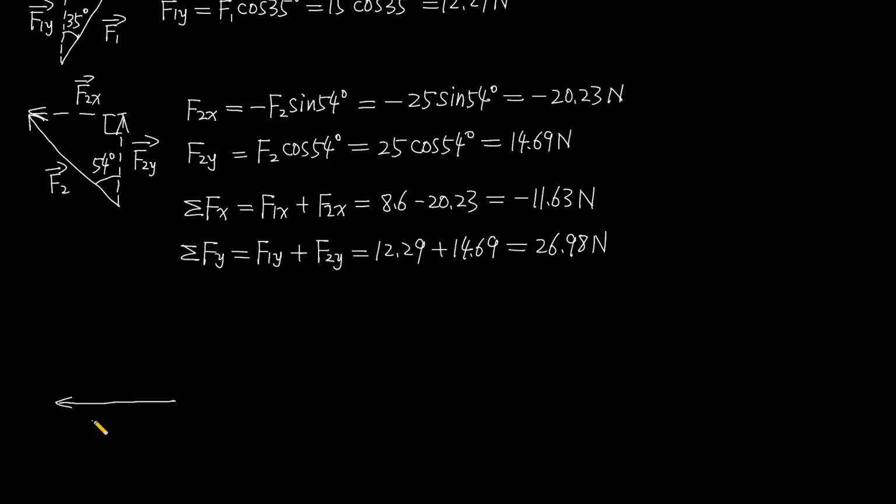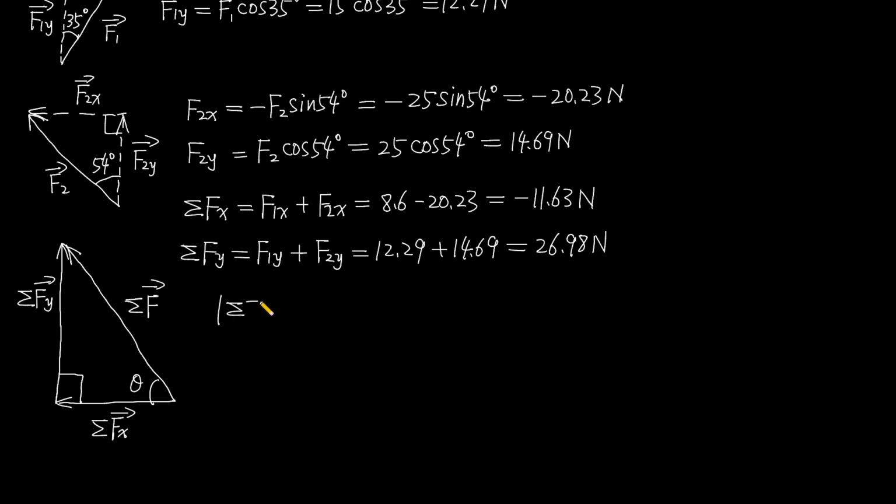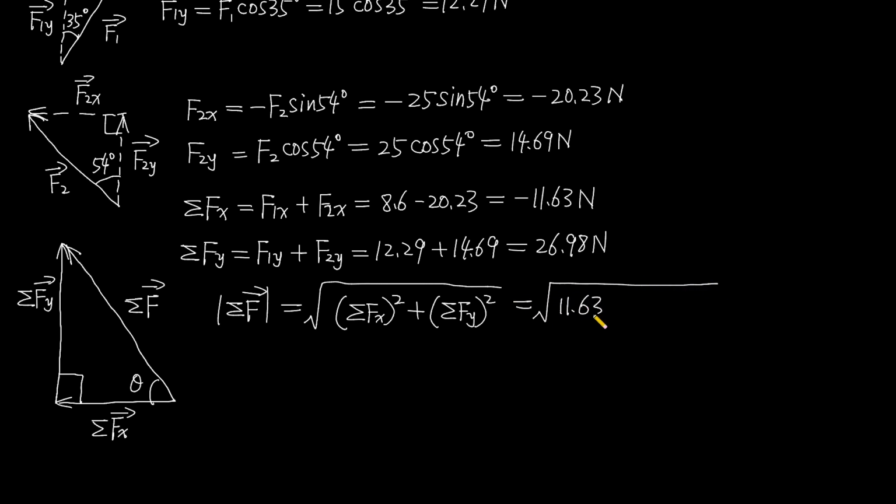Now I draw the graph of the net force. This vector is its horizontal component, sigma Fx, and this vector is its vertical component, sigma Fy. And this vector is just the net force, sigma F. And this angle is theta. This angle is a right angle. Now we know the magnitude of sigma F equals the square root of its horizontal component squared plus its vertical component squared, and equals the square root of 11.63 squared plus 26.98 squared and equals